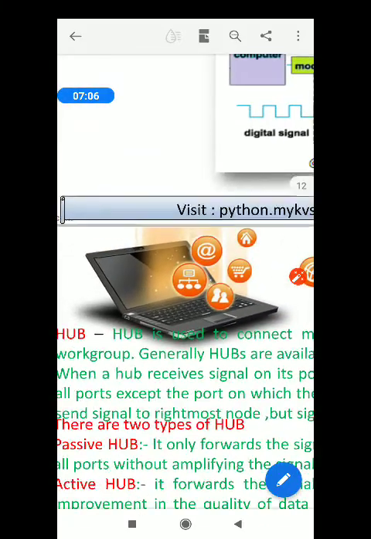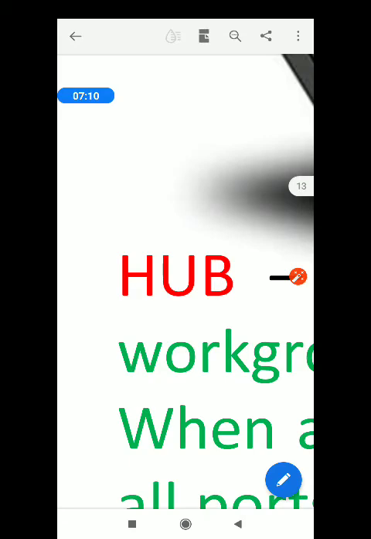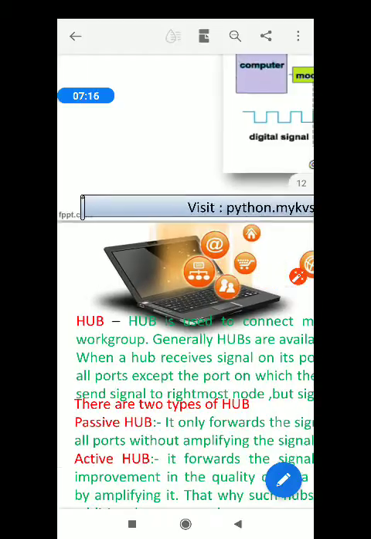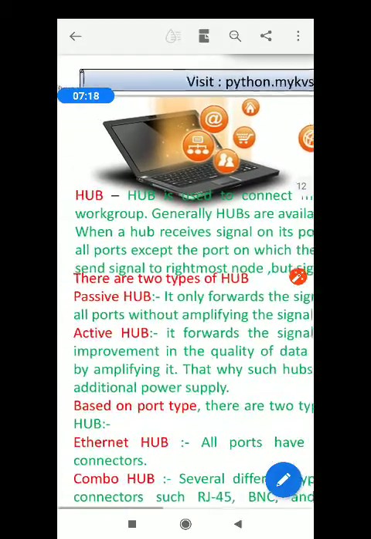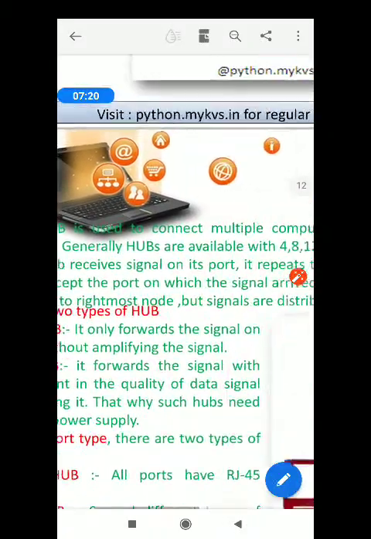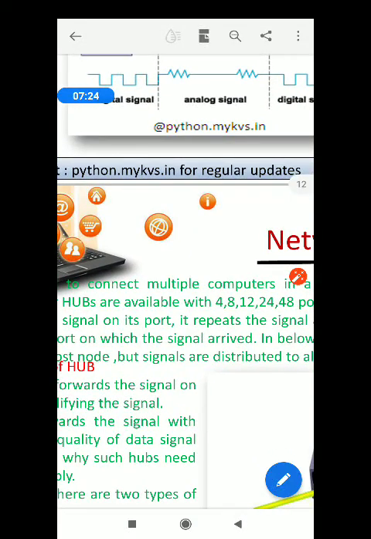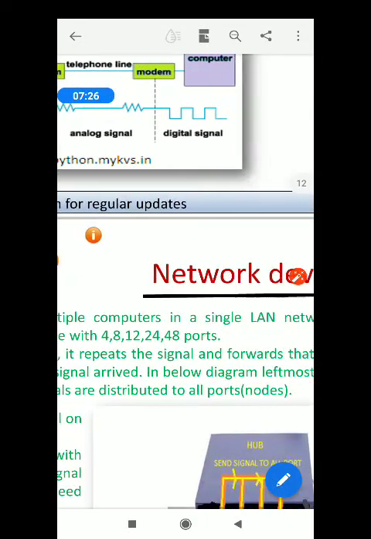Come to the next one, hub. Please note down, hubs are used to connect multiple computers in a single LAN network.